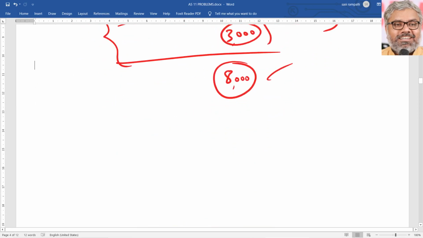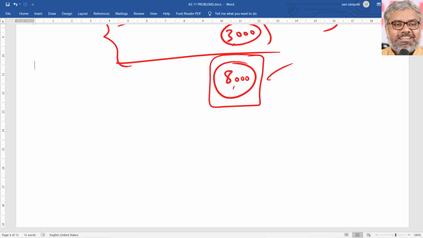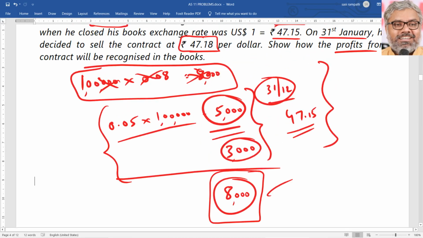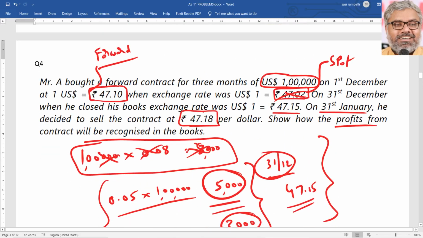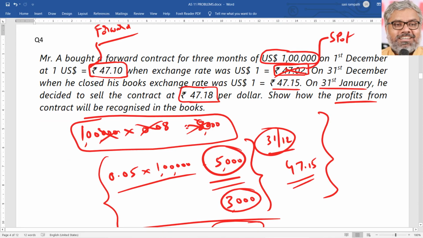Practically, in this case the better treatment will be to treat it as profit when that particular contract is actually sold. But in reality it can happen like this. When you just sign a paper saying that you want to buy $1 lakh after a future date, and after some time you disappear, what will the other party do? That's called counterparty risk. So it will not be that easy to just sign a paper and sleep on that. Some amount should be paid. There will be some investment in the books of accounts also in reality.